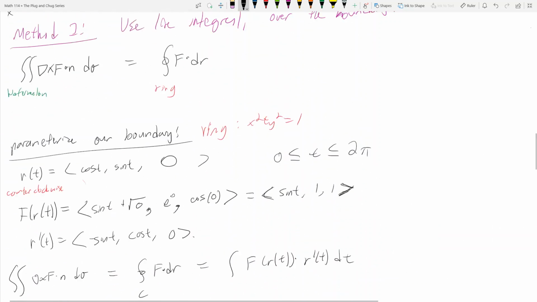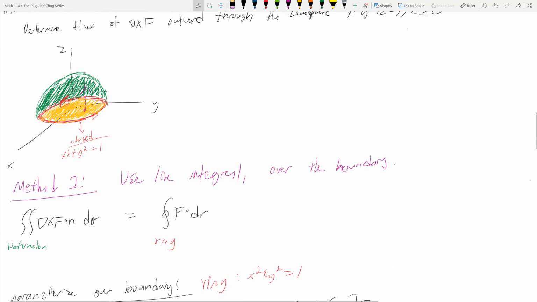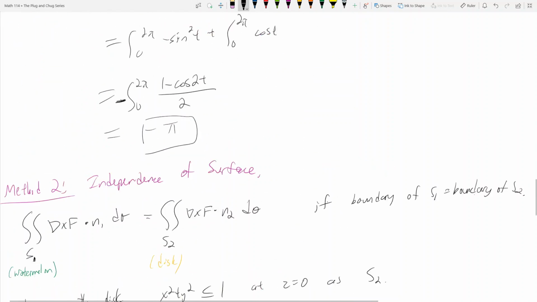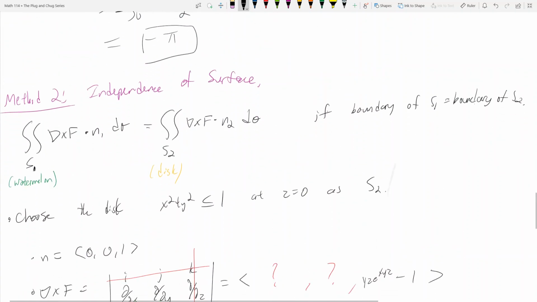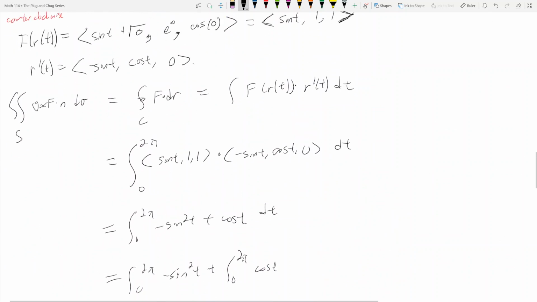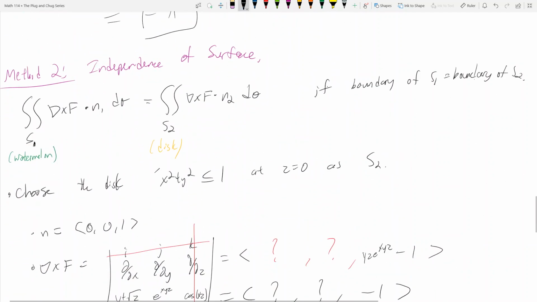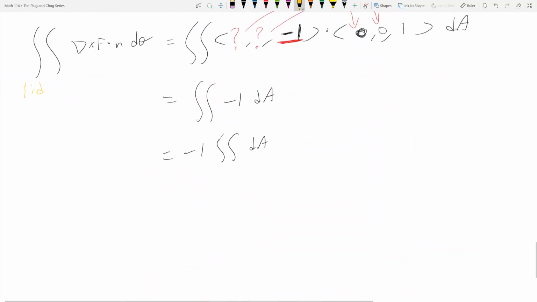What is our region? Our region is this yellow disk in the xy plane, that has the equation x squared plus y squared is less than or equal to 1. That's a region, and we know how to find the area of this. It's a circle, right? And what's its radius? The radius is 1. So instead of